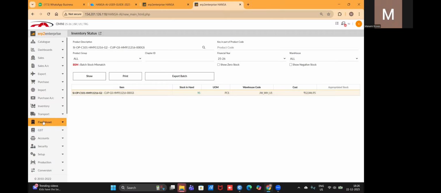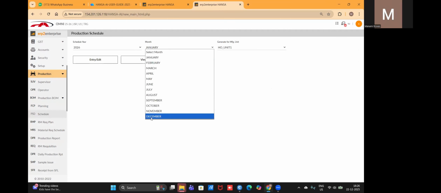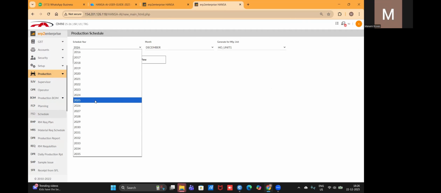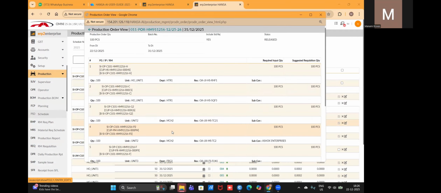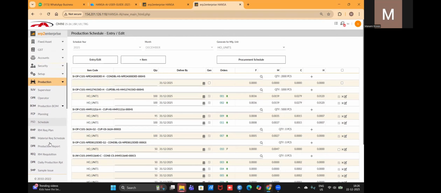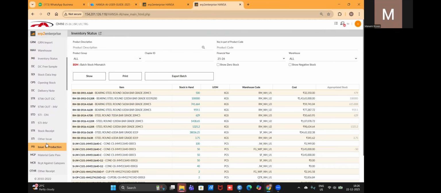For that, let's go to production again. Production schedule, I'm going to see, then select the month and year. See, this is the production, number 11 production, which I was working with. Now for further processing, we will issue the material from unit 1 and process it further. So again, go to issue to shop floor, which is in inventory. Going to issue to production,